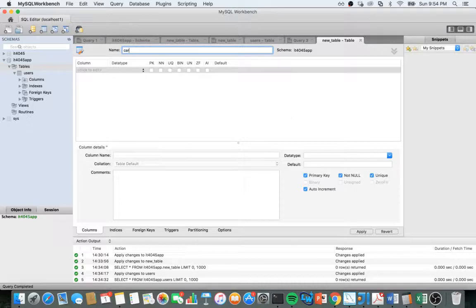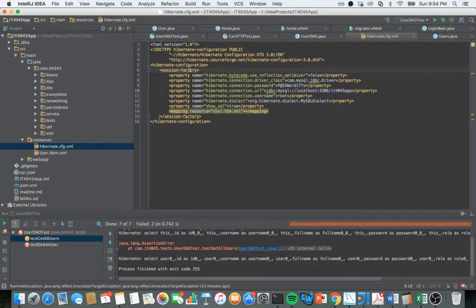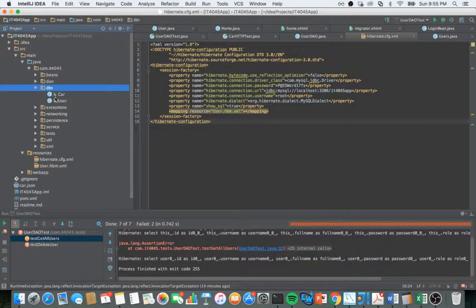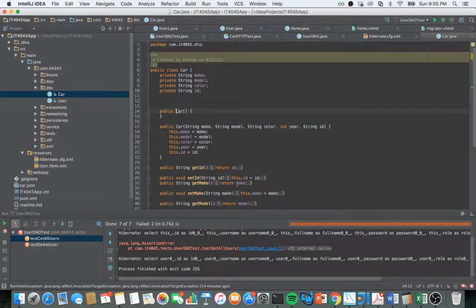So what I'm going to do now is create a table. That's not to jump away from what we're doing here with the configuration, but this has already been set up, and I'll post a link to how to get it set up. But let's go ahead and walk through creation of the tables and mapping all of our car entities to